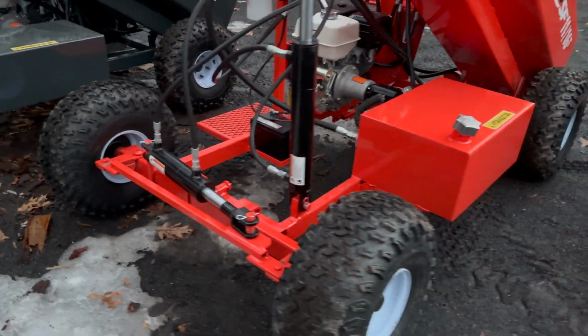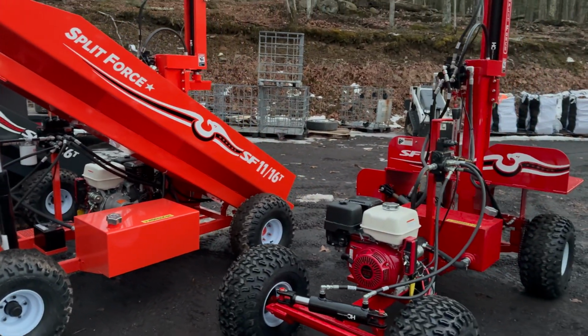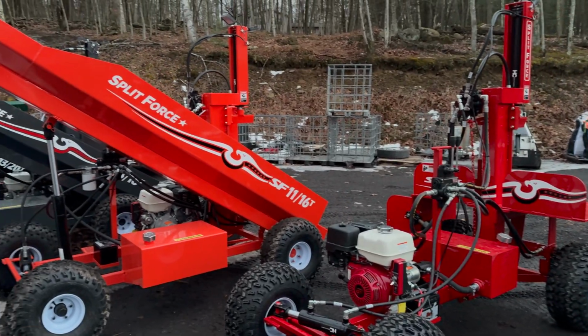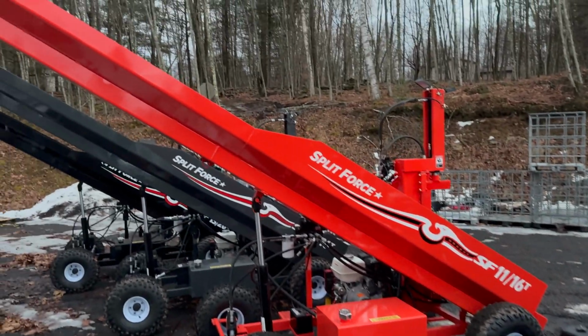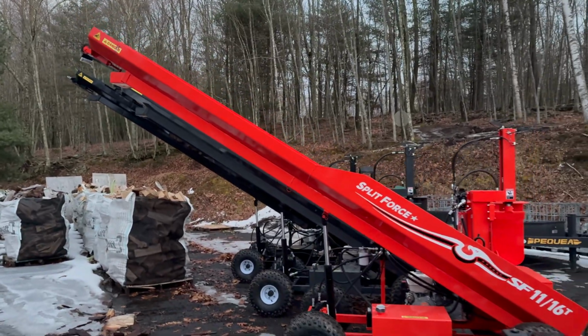Steering axle. Big hydraulic tank. I think they've all actually got the same hydraulic tank. It's just a matter of where they... No, that one's a little bit bigger, I guess. Sorry. But that is in the all the way up position, just so you can kind of see what that